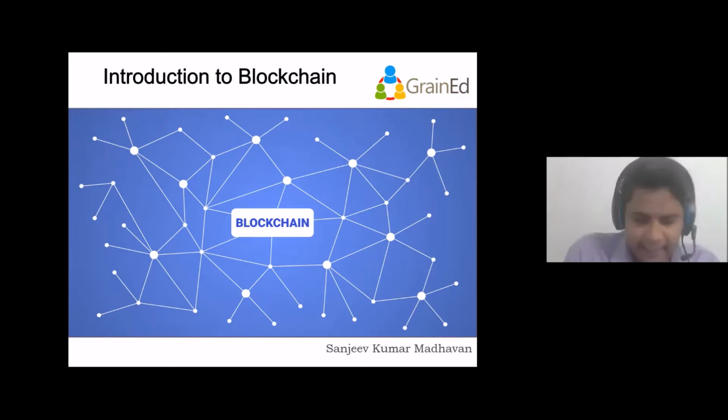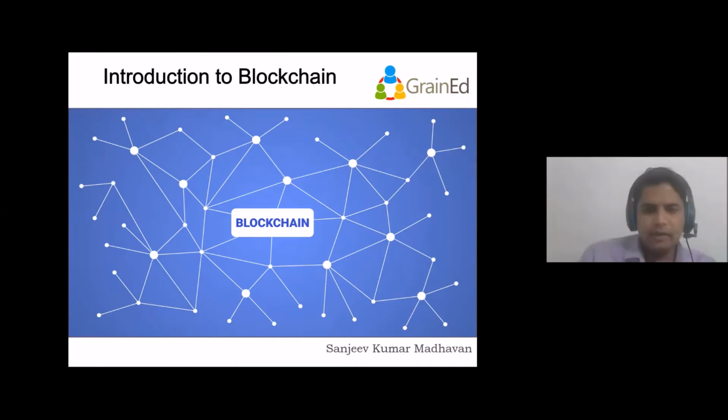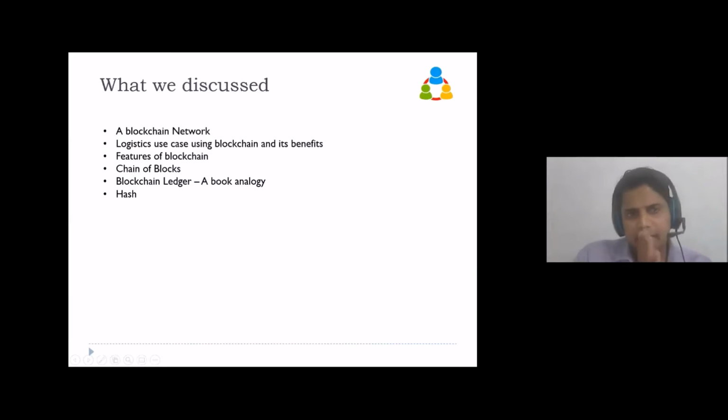So this is the second session of this blockchain concepts. So last time we spoke about what is a blockchain network. We also discussed a logistics use case, and how using blockchain in logistics can benefit the people who are interacting in that particular network, and a few of the features of the blockchain like immutability, decentralization, etc.,